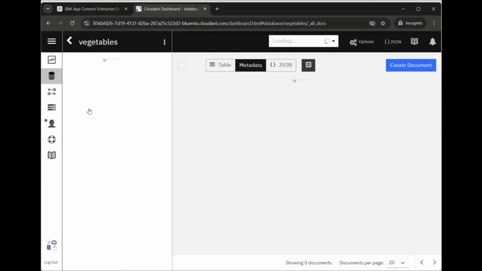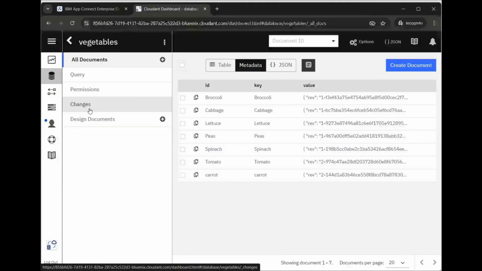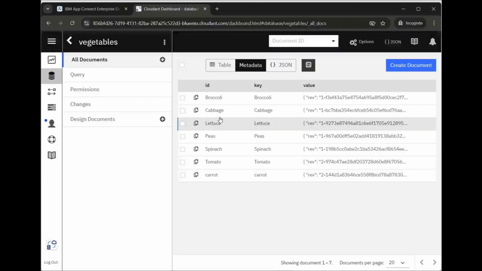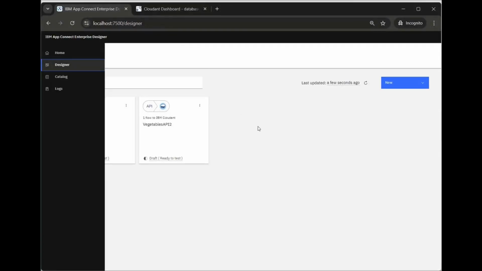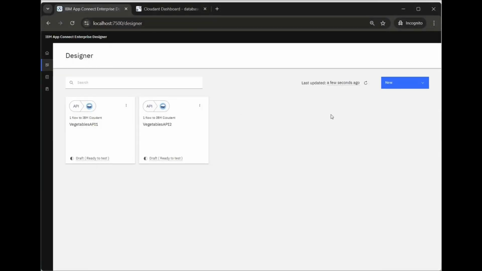So in this other tab that we have open in the browser here, we can inspect what that database structure looks like. There are multiple different JSON documents, each of which describes a different kind of vegetable. A vegetable has an ID, which is its name, it has a color, and then it has a rating. And we're going to run a query against that backend Cloudant database using a flow for API